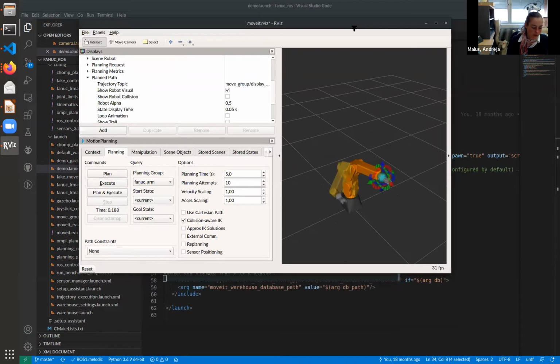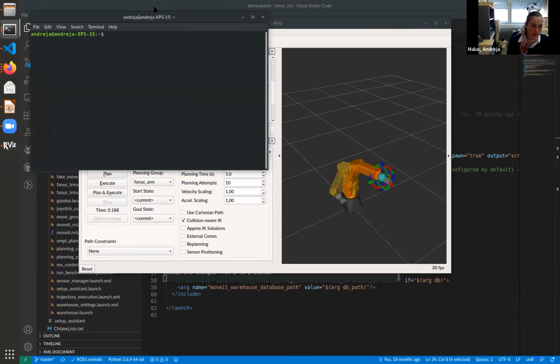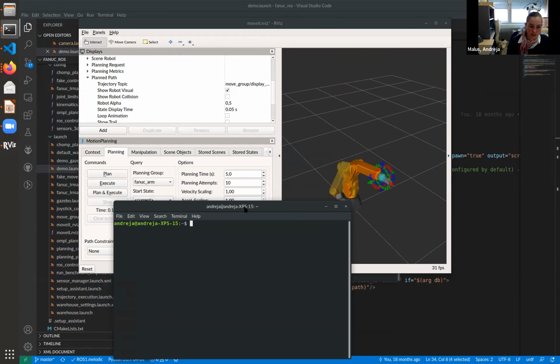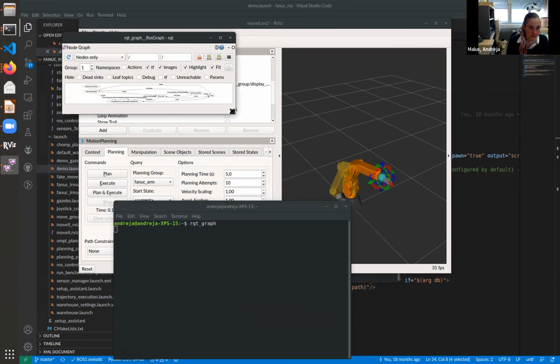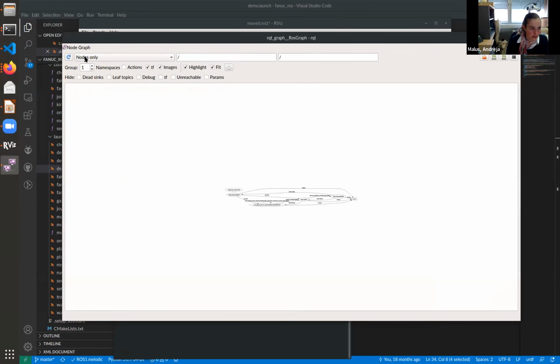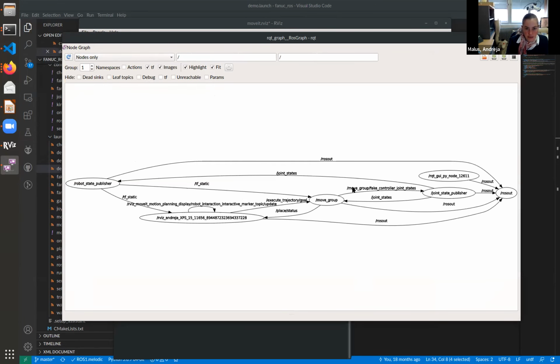So as we saw before, we can inspect how this computation graph looks, let's say the backend. We're using the tool rqt_graph. And this is how it looks currently. So I can see which nodes are running. So I have a move group node. This is the main process for